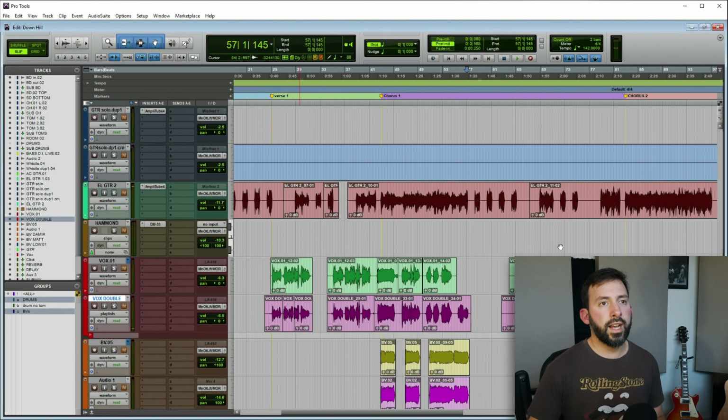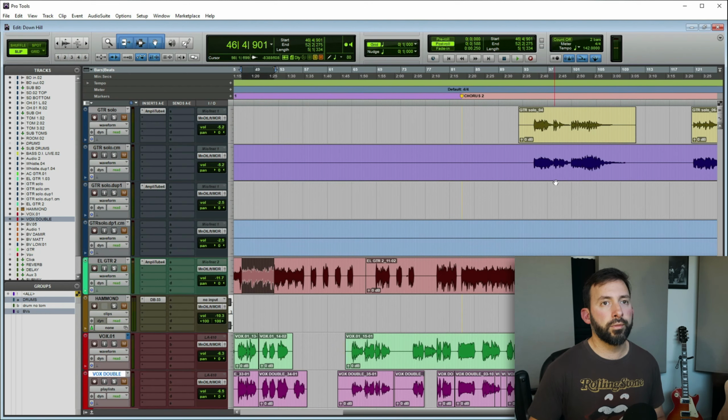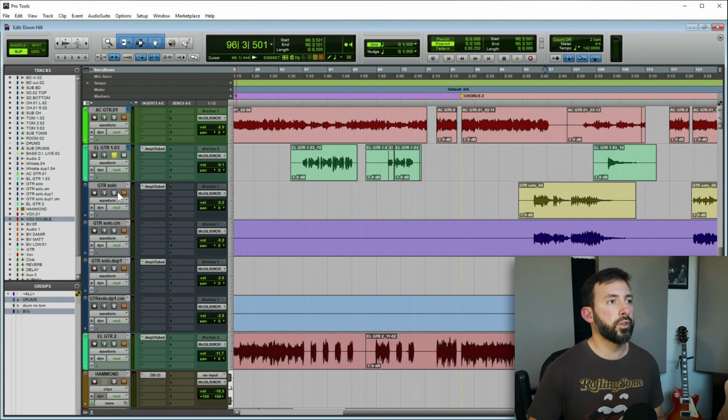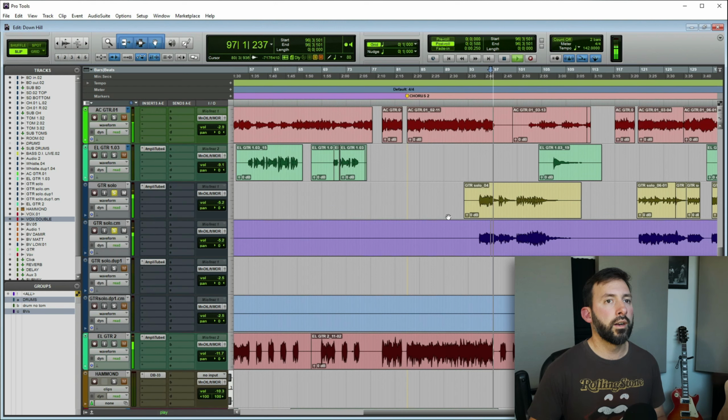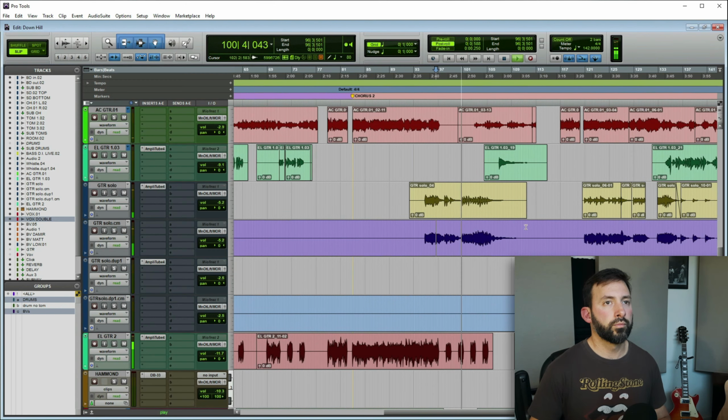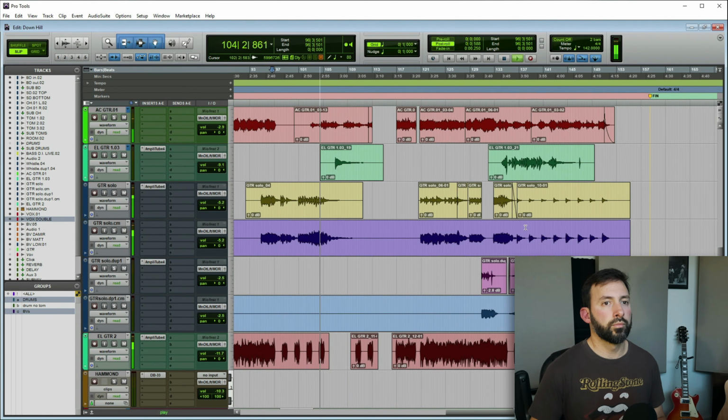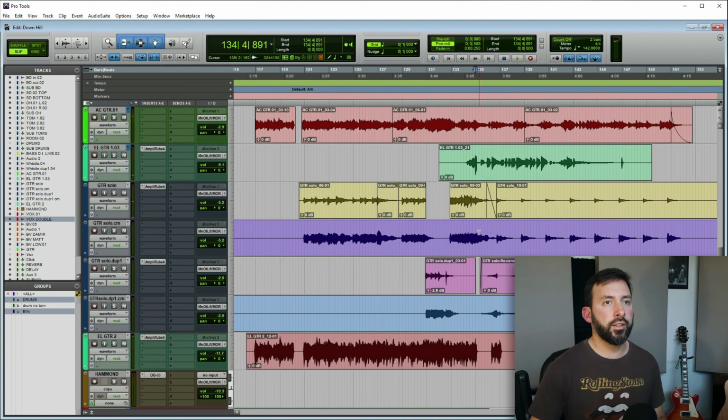So yeah, we found that. There's another electric guitar here. There are a few more electric guitars here. There's a little solo over there. There is another thing we added at the end.